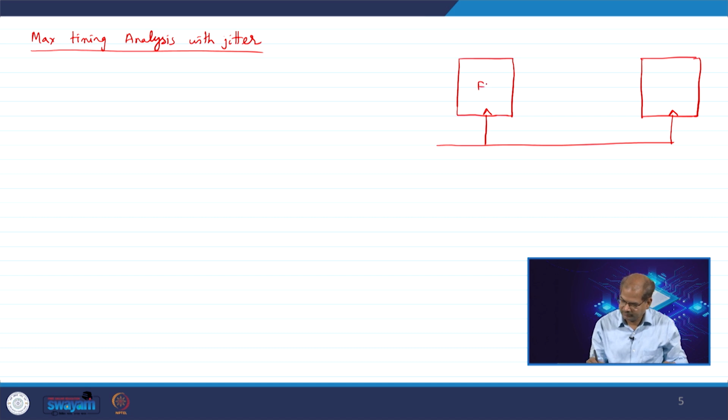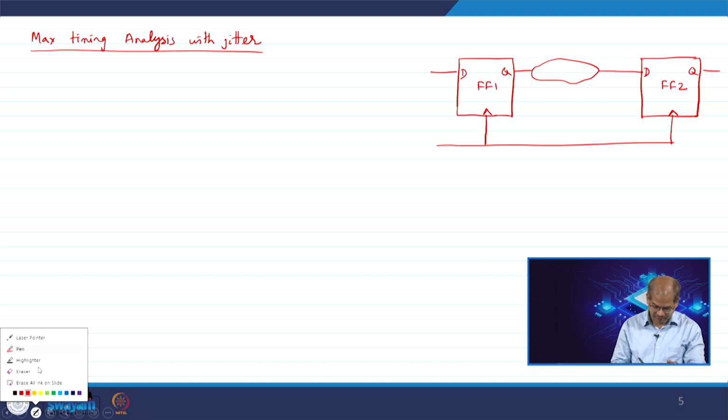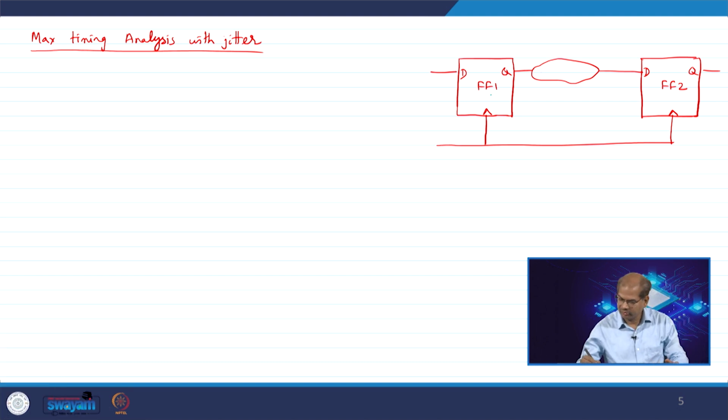So, this is flip flop 1, this is flip flop 2, and this is the combinational delay. This is the D pin, this is the Q pin, this is the D pin, this is the Q pin. Now, I have 3 delay parameters here. One is clock to Q, from here to here, which is T clock to Q maximum, since we are doing max timing analysis. This is T combinational maximum, from this edge till this edge,